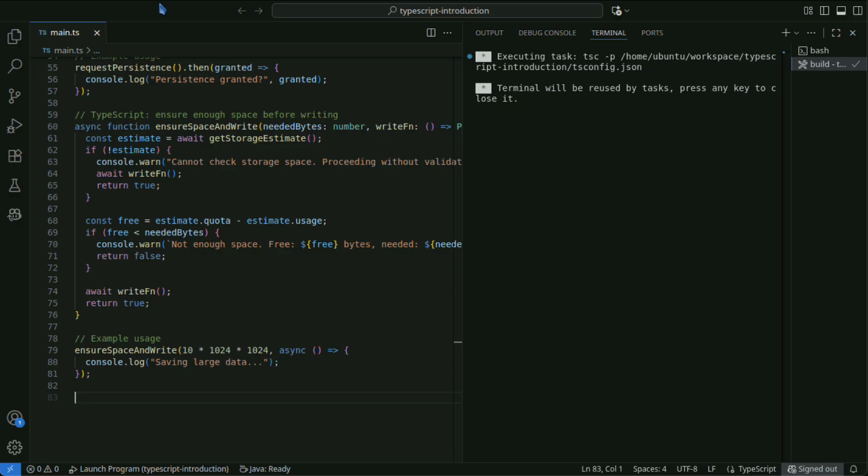Local storage is convenient for storing lightweight configuration data and similar information.